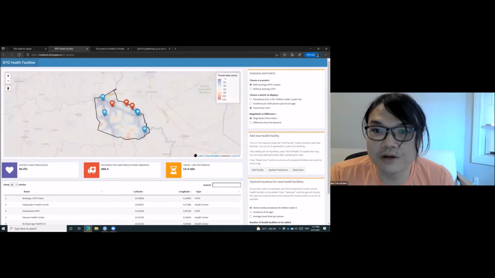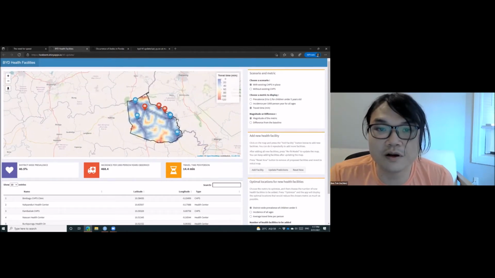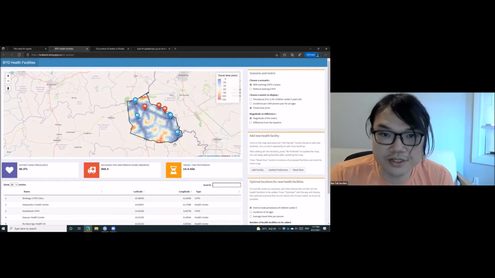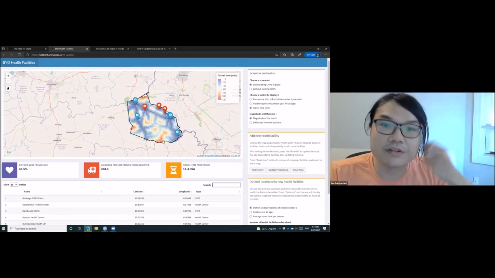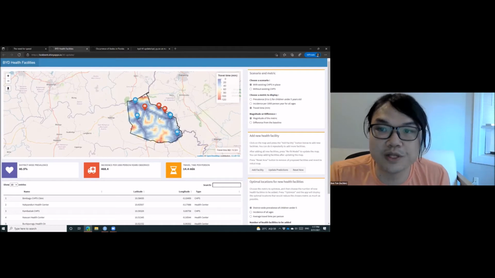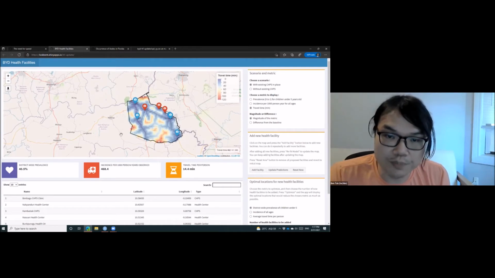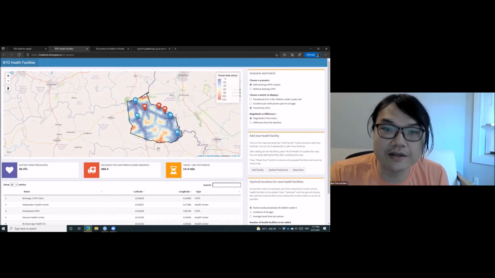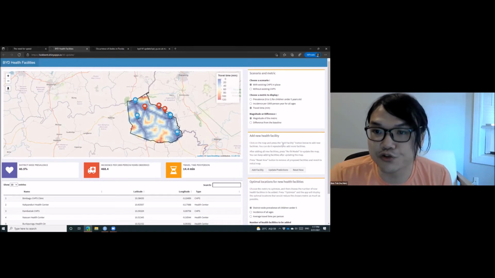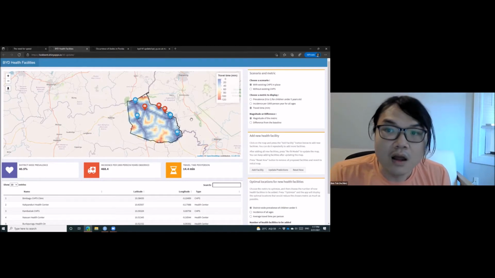Again, if you look at travel time, for example, on the map, you can see that in the southern regions of the district, the travel time to the nearest health facilities tends to be large. So people have less access to healthcare in the southern regions of the district, for example. Okay, so